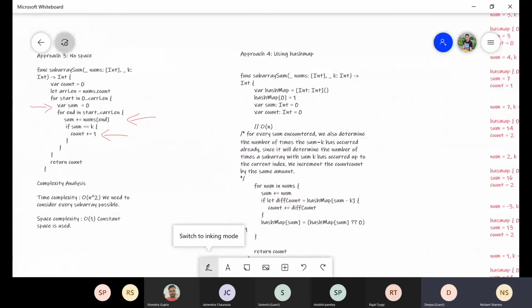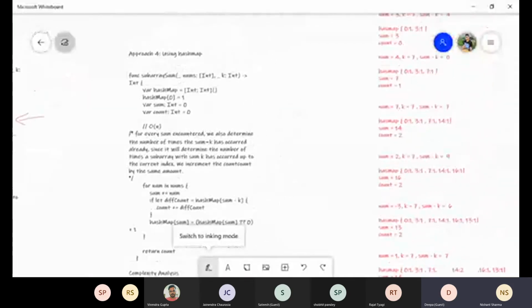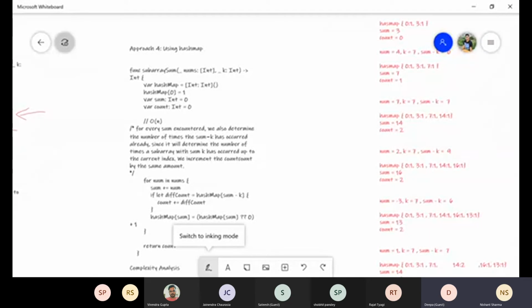So this approach is a hash map approach, where we will be storing our sum in the hash map itself. Whenever we traverse, we calculate the sum, store it in the hash map and utilize that information. So let me go through the basic algorithm which we use to solve this problem with order of n time complexity.